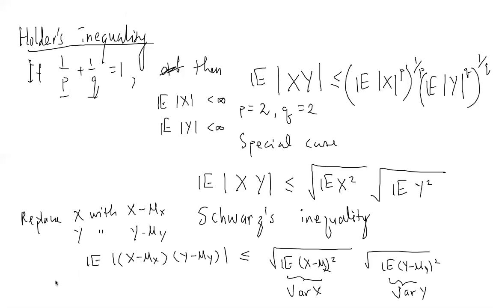Okay, so basically you have the following result, right? The expectation of this thing is bounded by the square root of the product of your two variances. In fact, this part here is your